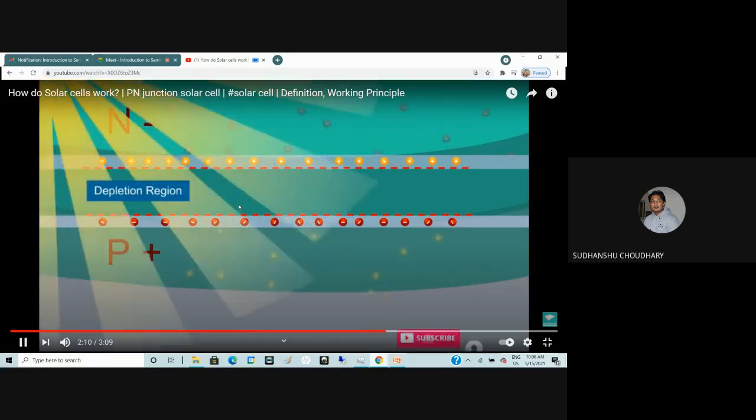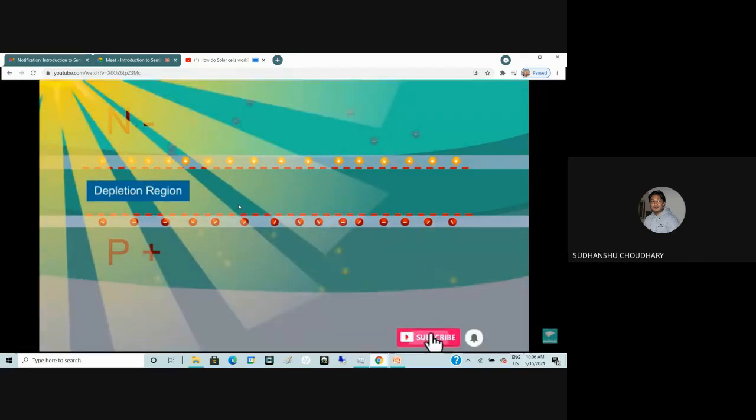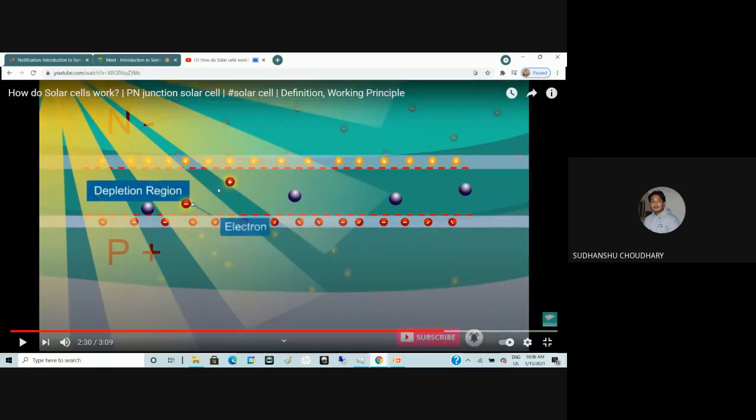Sunlight penetrates the top thin layer easily to reach the depletion region. Due to the deficiency of charge in the depletion region, it contains neutral atoms. These neutral atoms are broken when the photons from the sunlight strike the depletion layer. This knocks the electrons from the neutral atoms, leaving holes behind. So these are basically excitons, or the electron hole pairs which are created because of the sunlight.